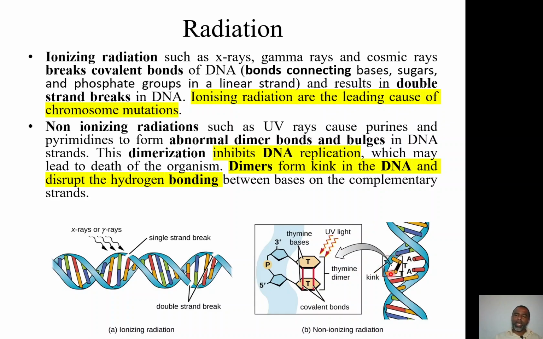So, once this dimer is formed, there will be a bulge or a kink in the DNA, and this kink will not allow normal replication and transcription to take place. As a result, a break in the DNA may take place over there, and once the break is there, it means the mutation is there, and the bases of the DNA will not remain normal. So, it will not code for the normal protein or the normal amino acid.